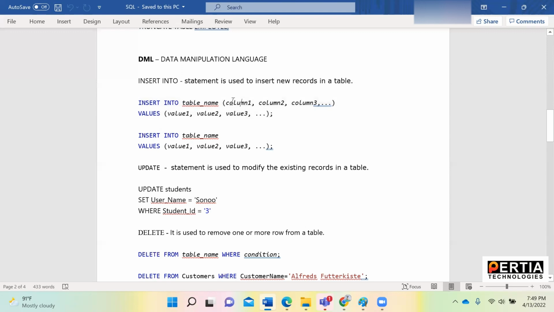You just need to give the names of those 3 columns where you want to insert values, and in the values line you will need to give those 3 values. If you want to provide values in all the existing columns of that particular table, for the row or new record you are creating, then you can use this second syntax. Simple. Okay, next is